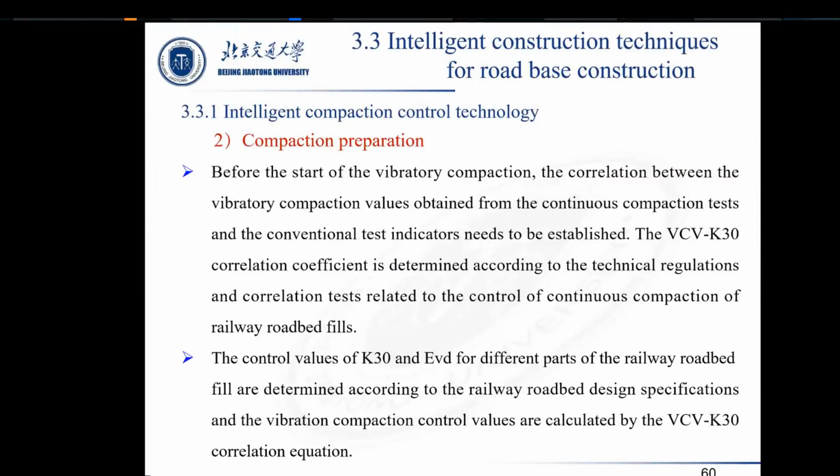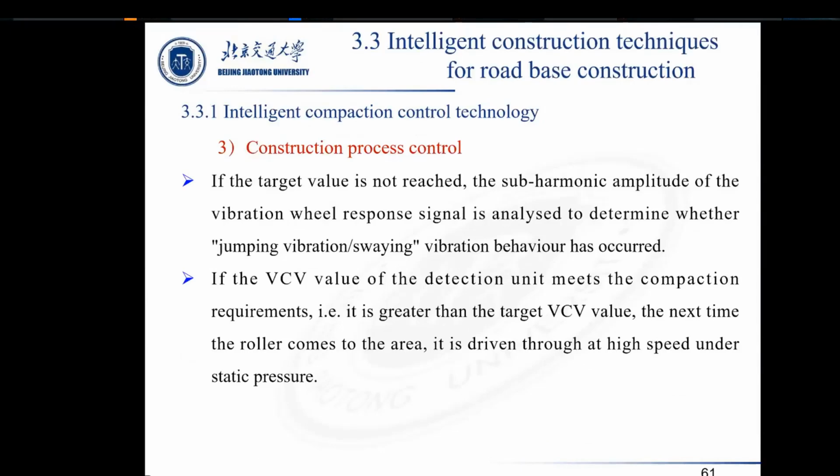And before the start of vibratory compaction, the correlation between the vibratory compaction value obtained from the continuous compaction test and the combination test index needed is determined, and the VCV and K30 correlation is determined according to the technical regulations and correlation tests related to the control of the continuous compaction of real roadbed fill. And if the target value is not reached, analyze the